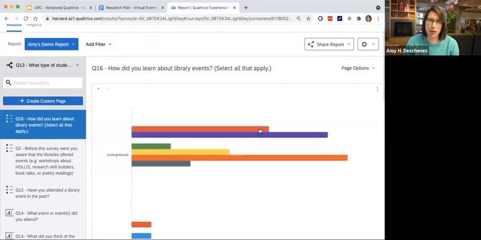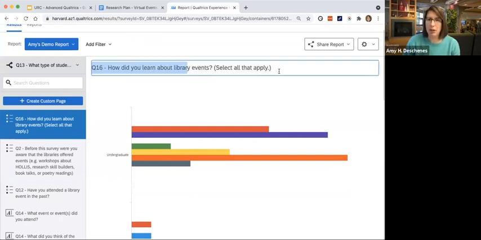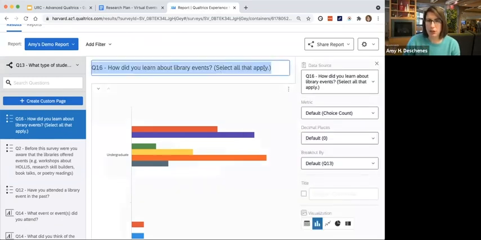All right, so over here is going to be the main part of the report. So this is what will get printed or shared via a web page if you choose to do that. And you can make all kinds of edits and changes here. So if you wanted to get rid of the question numbers for each of those, right? Because if somebody is viewing this report and they see Q16, that's confusing. So you can either leave them blank or write in your own numbers if you wanted to.